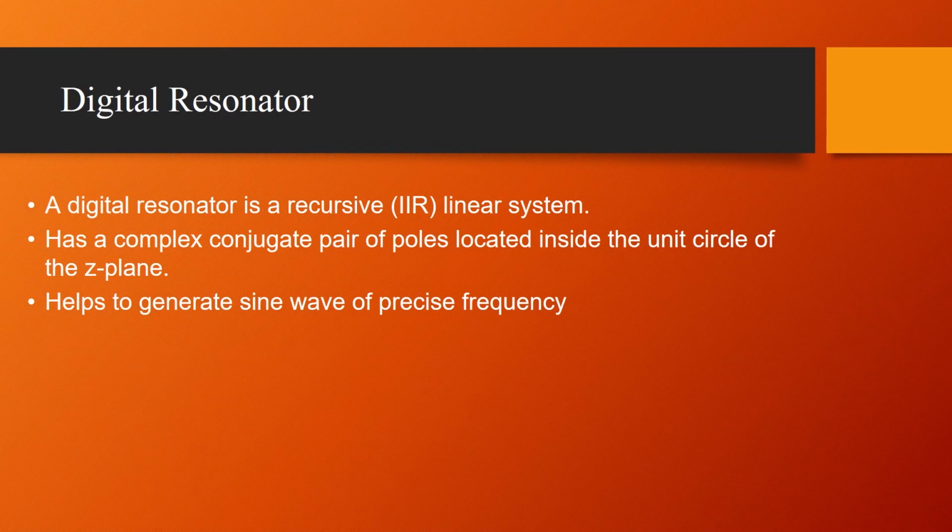One of the applications of digital signal processing is the digital resonator. A digital resonator is a recursive IIR filter having a complex conjugate pair of poles located inside the unit circle of the Z plane. It helps us to generate sine wave with very precise frequency. The sampling rate provided by the controller is 1 MHz at which the data is outputted on the DAC. For the implementation, we are sending the frequency of the sine wave to be generated using Python. Next, the controller provides the output on a digital to analog converter that can be seen through a DSO. Now we will proceed with the demo.